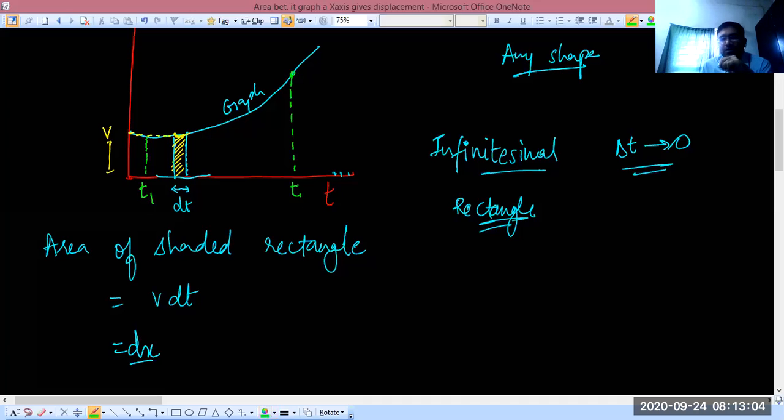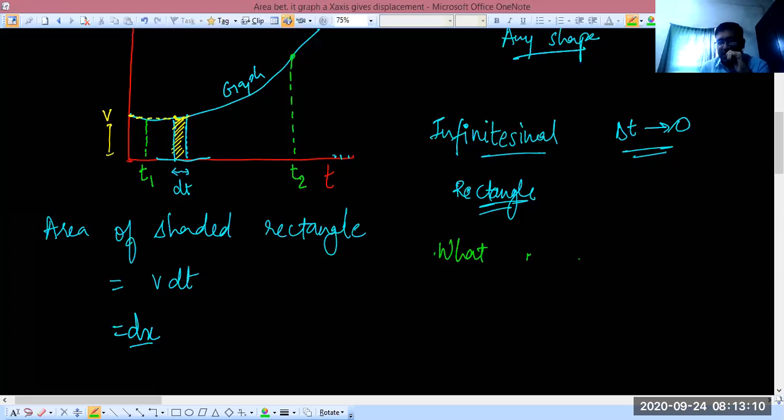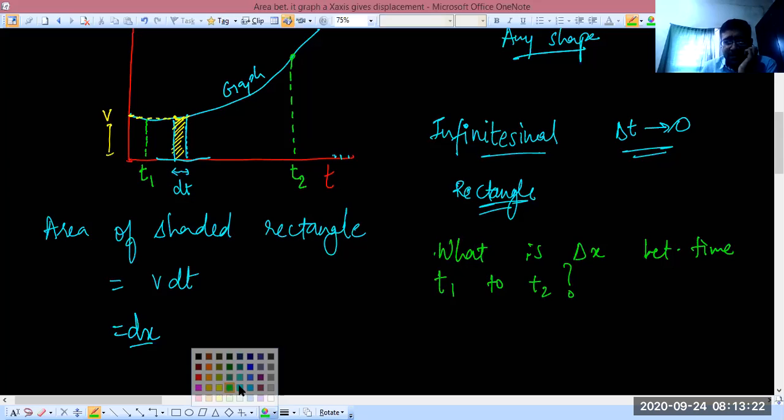All right, let's say I want to find out the displacement. I want to find out what is delta x, that is displacement between time t1 to t2. I hope you realize this very simple idea, that we can actually divide this whole shape. You can see there is a weird shape here, right? The shape is like this,